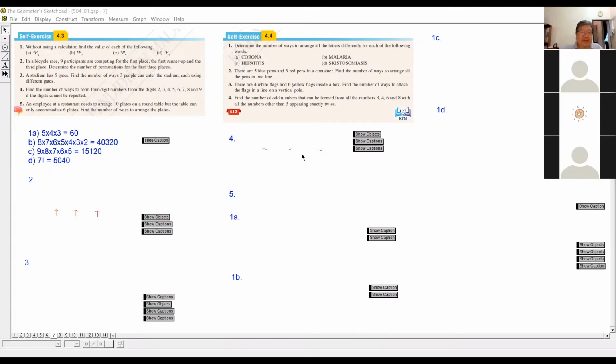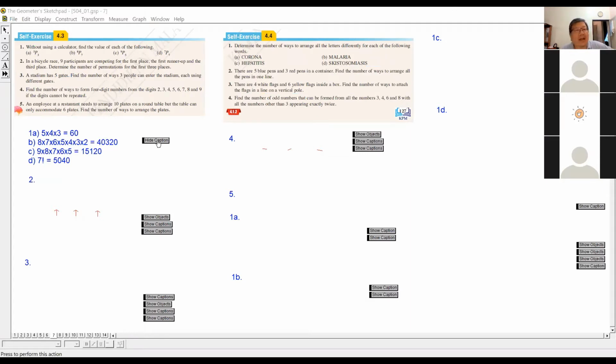I did not use the P button. How to find 5P3? 5P3, you start from 5, then you go down 3 numbers. So you'll be 5, 4, 3. Multiply them together, you get 60. The next one is 8P7. You start from 8, then you go 8, 7, 6, 5, 4 until you go down 7 numbers, multiply them together,